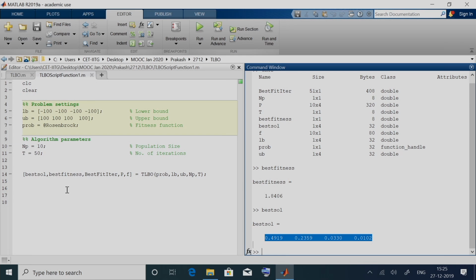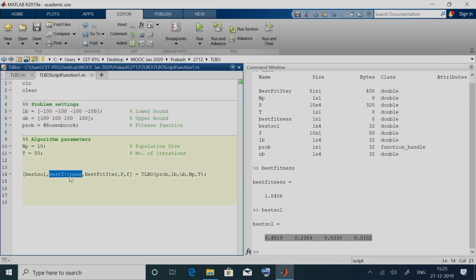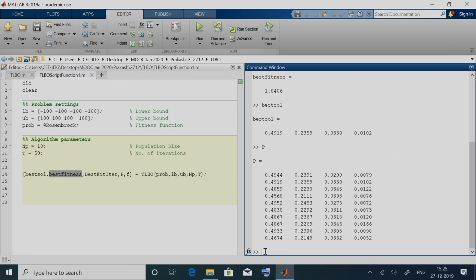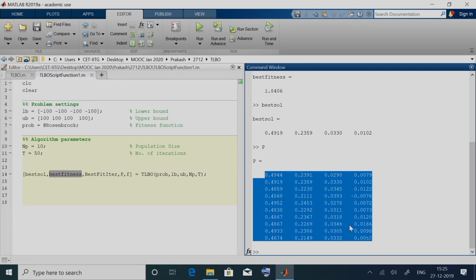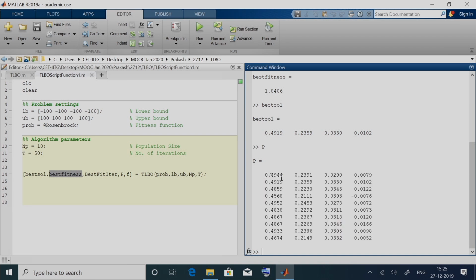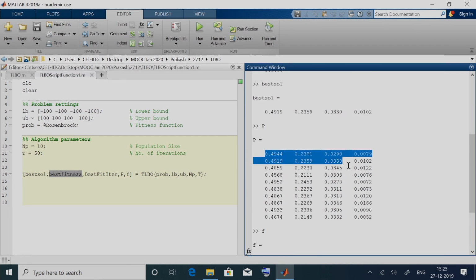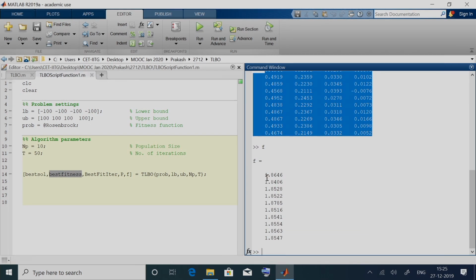So, we can get the best solution, its corresponding fitness, and then we can also look at the population. At the end of 50 iterations, this was the population. Since the domain was minus 100 to 100, all the variables are within the domain, and their corresponding fitness function is given by f. For these population members, this is the corresponding fitness.